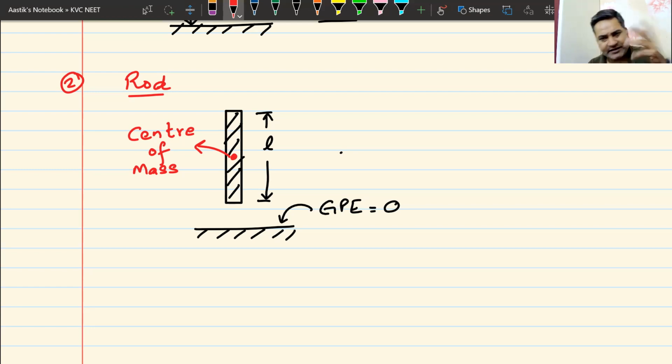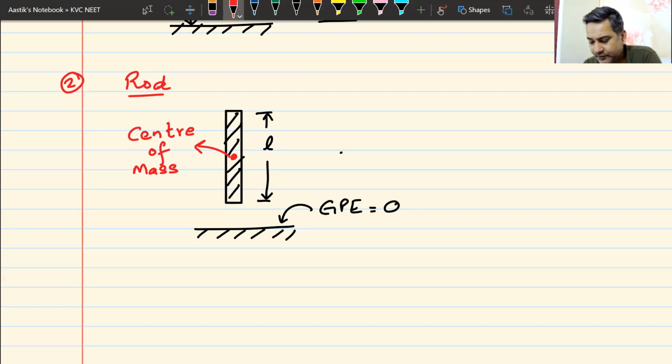Whether it's a rod or something else, I will only give you such problems where the center of mass is the center. So in case of a rod, it is always the center if the rod is uniform. What do you mean by a uniform rod? What do you mean by a non-uniform rod? If the rod is similar everywhere, the same everywhere, it is uniform. If it is not similar, it is non-uniform. Shape-wise or mass-wise, it may be heavier at the top and lighter at the bottom. That is non-uniform. If it is of the same size and equally heavy at all points, it is uniform.